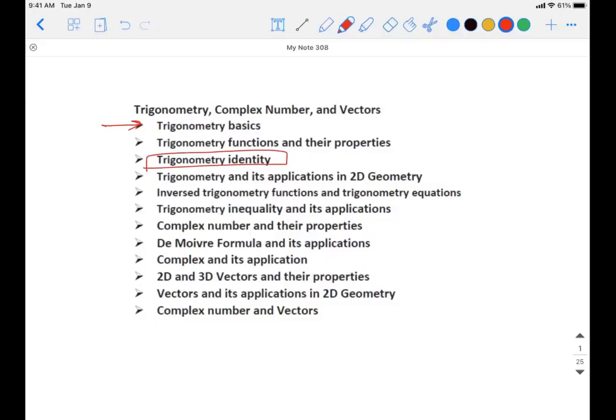Whenever people talk about trigonometry, there are so many formulas to remember. There are so many identities that sometimes people get pretty drowsy. What can I do with all those weird identities? So we're going to sit down together and talk about how to remember all those identities, and most importantly, how to utilize them in different kinds of problems.